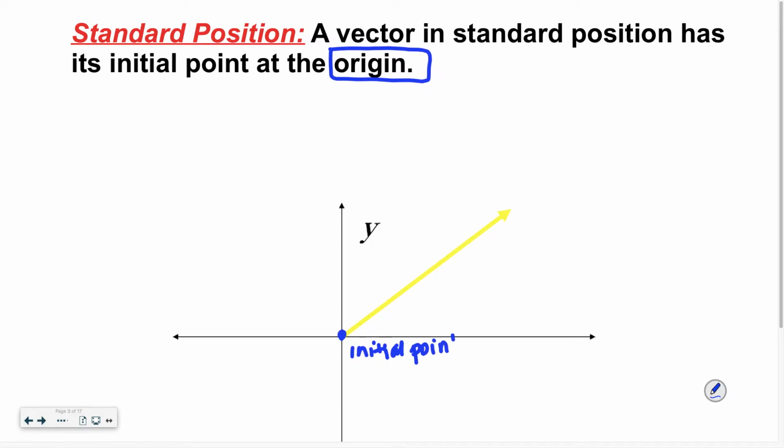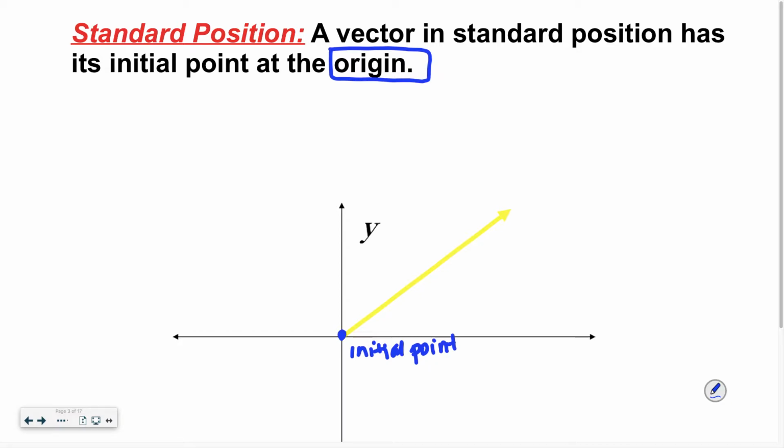Okay, so all you have to write down on your sheet of paper is the origin. Okay? If we're talking about a vector in standard position, we're talking about that initial point being at the origin. From there, we can think of direction as an angle based on the x-axis, and we'll talk about that here shortly. A lot of what we do with these vectors is going to feel very similar to what we did in chapter 4, which is